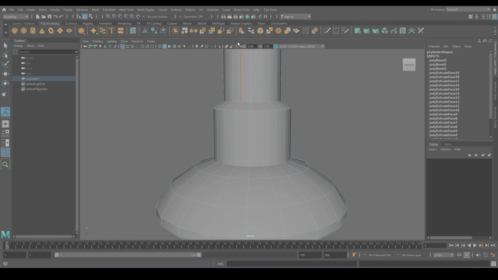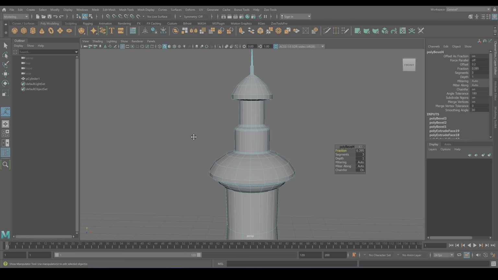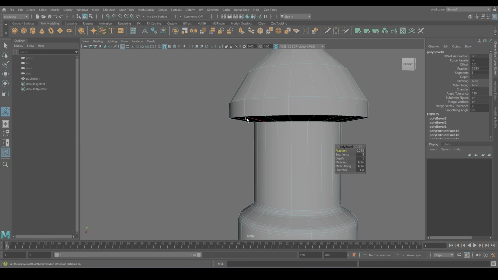Select multiple edges, bevel, fantastic.